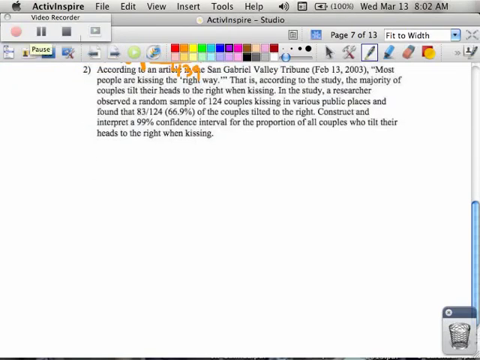Okay, in this next one, according to an article in the San Gabriel Valley Tribune in 2003, most people are kissing the right way. I don't know what Bart's deal was, but he's really into this touchy-feely stuff. It's kind of strange. That is, according to this study, the majority of couples tilt their heads to the right when kissing. Okay? You probably could have figured that out anyways. In this study, a researcher observed a random sample of 124 couples kissing in various public places. They found that 83 out of the 124, or 66.9%, tilted to the right. Construct and interpret a 99% confidence interval for the proportion of all couples who tilt their heads